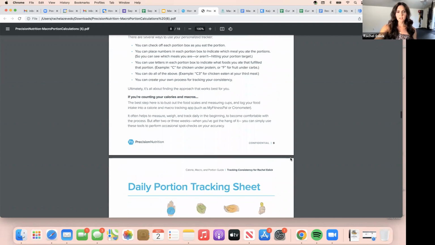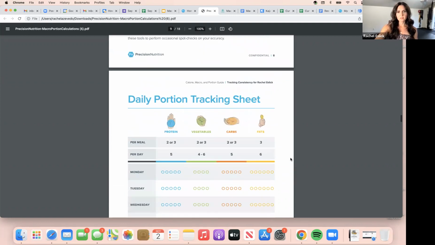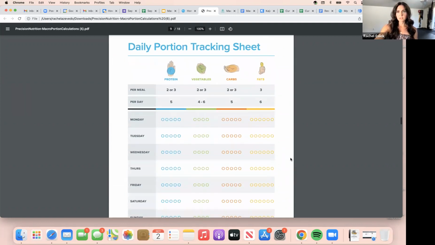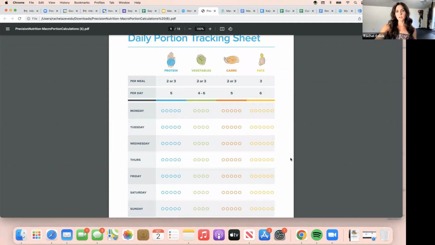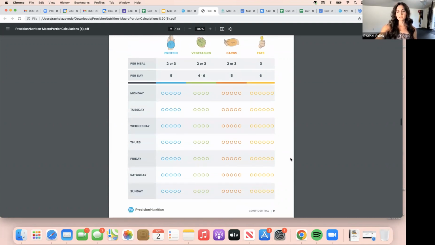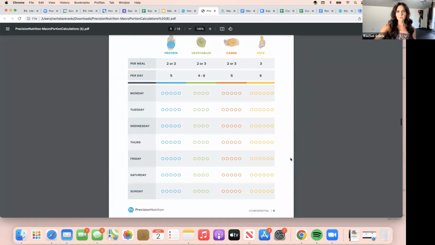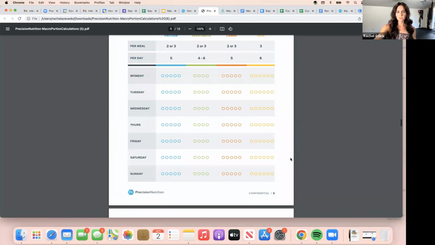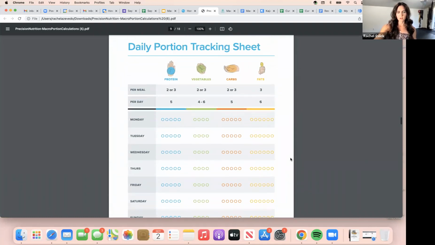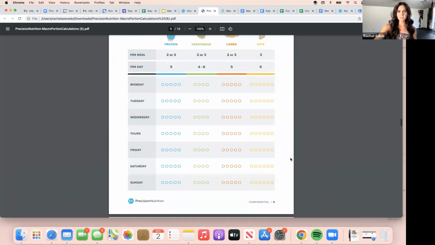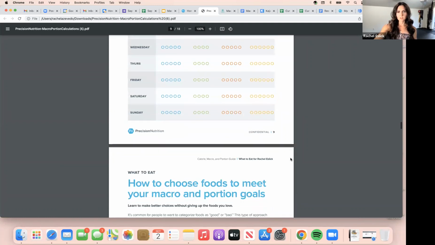Talking about consistency, my preference is 80% consistent, 20% doing what the heck you want, because when you're 80% consistent, you still have some flexibility and freedom. When you're 100% consistent, that's a great way to hit a wall and give up. I don't love this chart, but if you guys wanted to use this chart, it talks about tracking using your hands as servings.